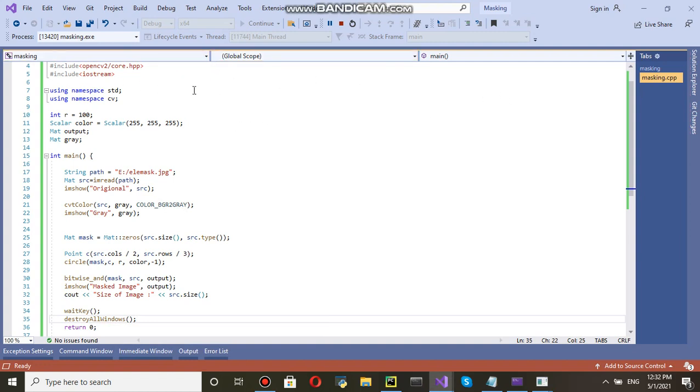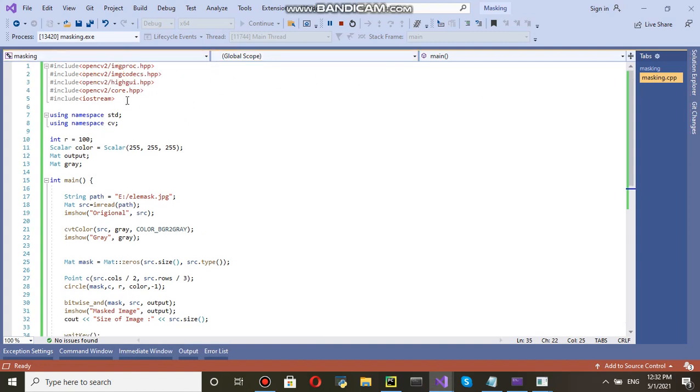Once again, last time I am going to go through this. First to fifth line I have added libraries and then defined standard and CV for OpenCV. Global variables are there.